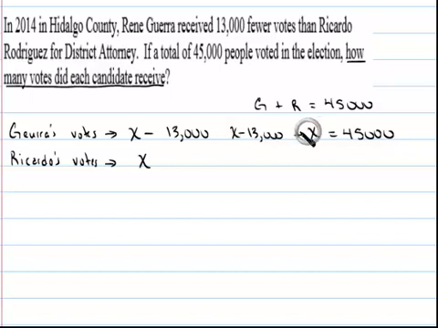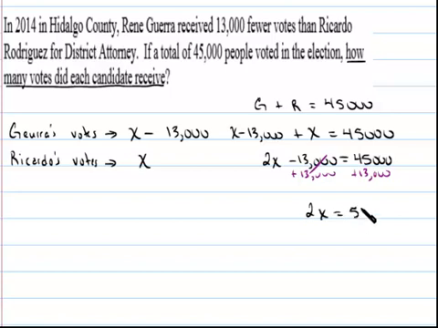Combine our X terms, since they are on the same side. We have our equation now, so that's going to be 2X minus 13,000 equals 45,000. And typical same stuff. We want to solve for X, so we're going to add 13 grand to both sides. We're going to get 2X equals 58,000. Divide both sides by 2. Since it says 2 times X equals 58,000, X equals